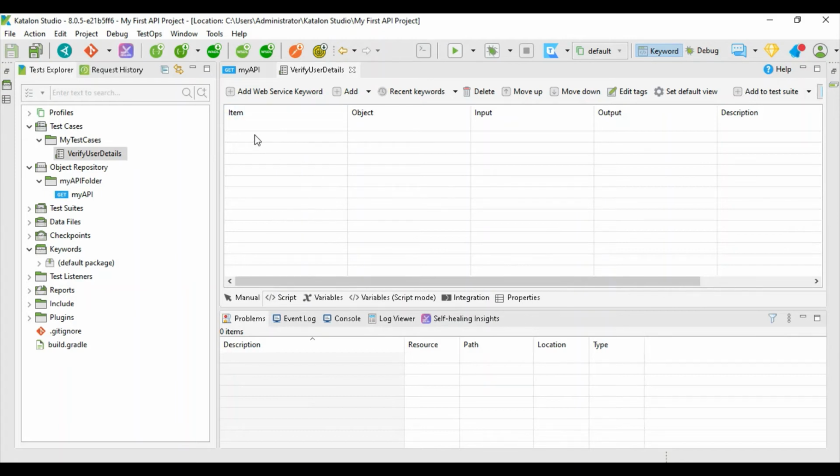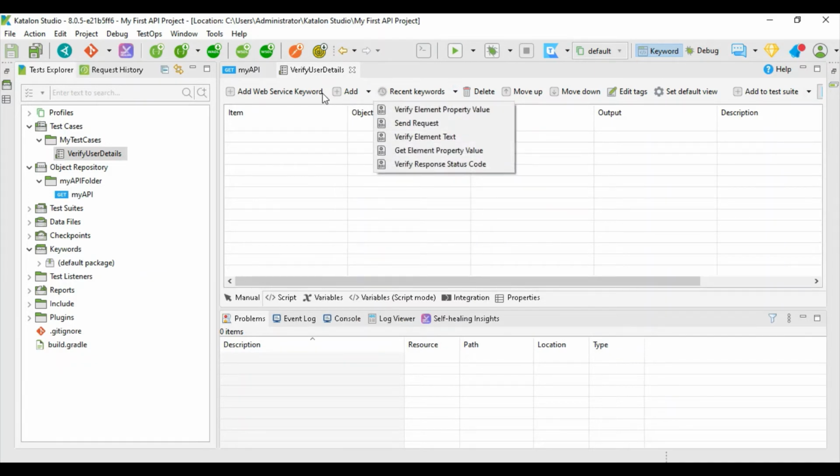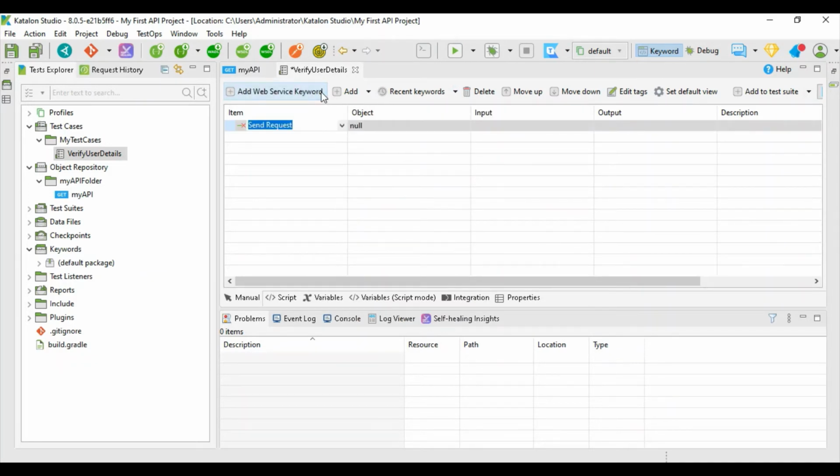Before running, we need to have an API. This is our API which we have used. Just click on this. You can have multiple things there, such as recent keywords which you have used. This will add, and obviously we're going to send a request first here. So our first request will be, and we need to select our API. Either we select it here or just double click it.